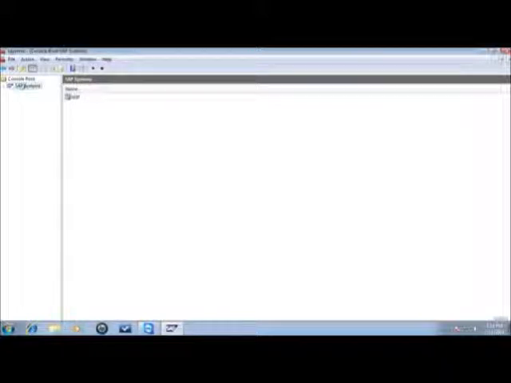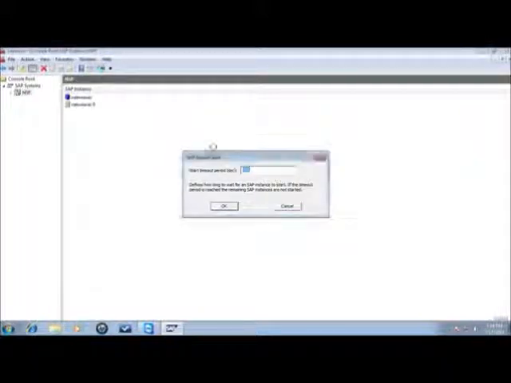Starting an SAP system. In the SAP Management Console navigation pane, open the tree structure and navigate to the system node you want to start. In the context menu of the system node, choose Start. In the Start SAP Systems dialog box, choose the required options. Choose OK. The SAP Management Console starts the SAP system instances.